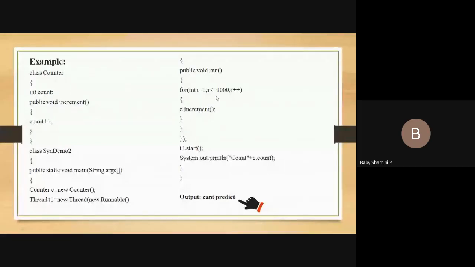Then it calls c.increment, which directly moves to the increment method and increments the count value. Finally it displays the count result. So here I am declaring the output as cannot predict. Why? Because we will check this program.